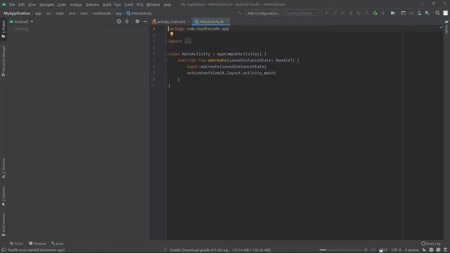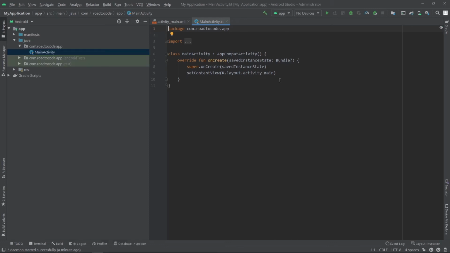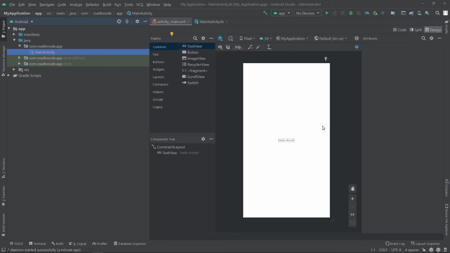I think it is downloading some Gradle components also. Okay, so once everything is finished, this is the project view,